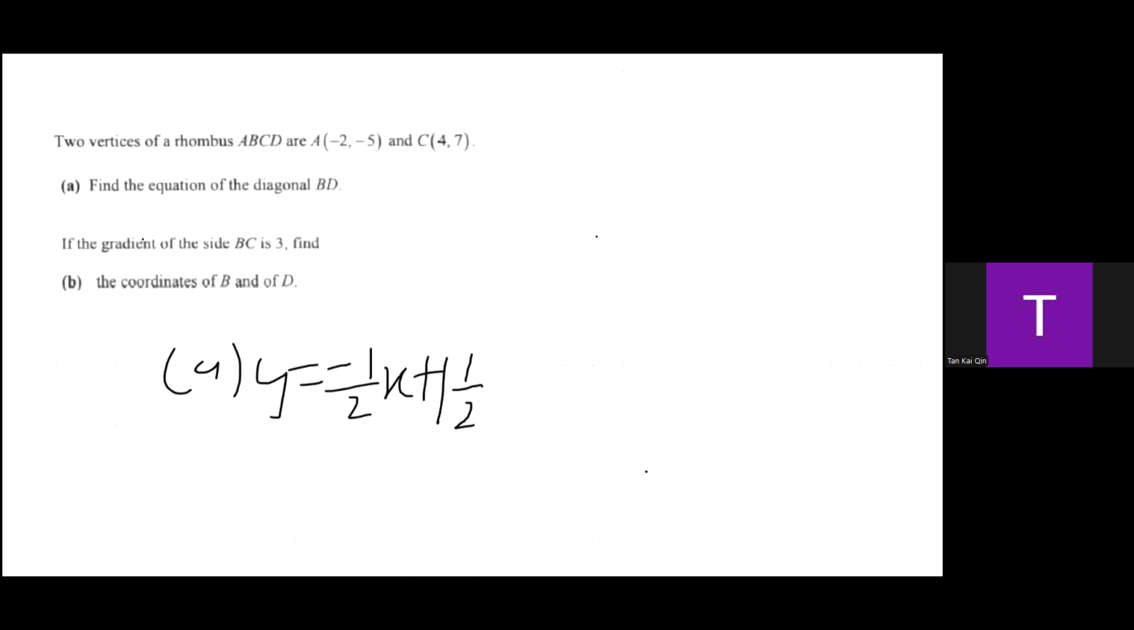Moving on to question B, it asks us to find the coordinates of B and D. Firstly, we must find the line equation of the line BC, side BC. Since we are already given that the gradient of the line BC is 3, we can use y equals 3x plus c. We know the coordinates of C are 4 and 7, and since C is a part of line BC,